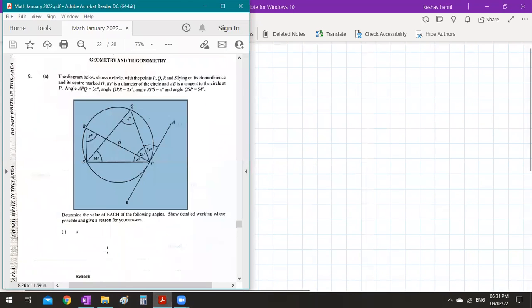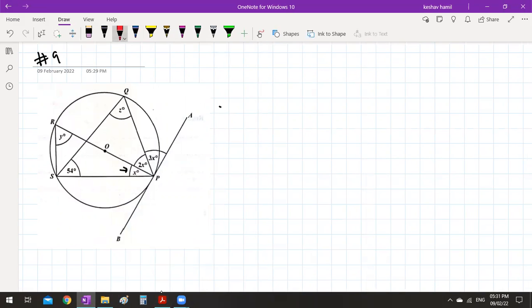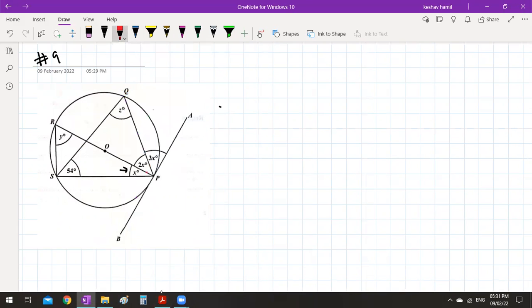So the first one they want us to find is the value of x, which is this here. Now, in order to find that, we need to know certain things. If this is a tangent and this is the center, this line here forms a normal. What does that mean? It means that this here is 90 degrees. So therefore,